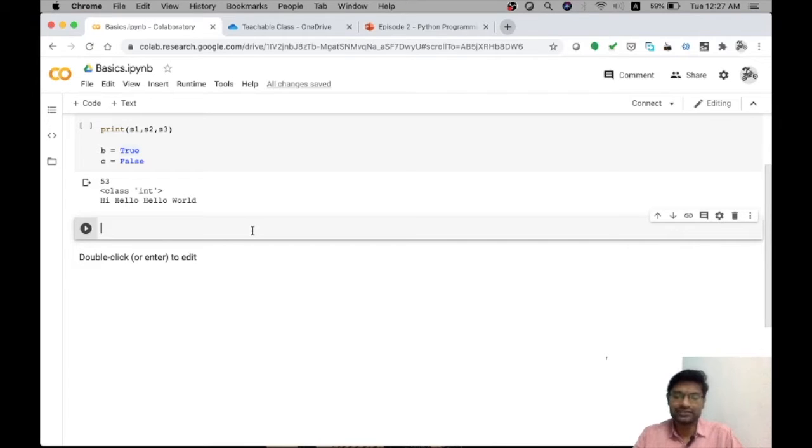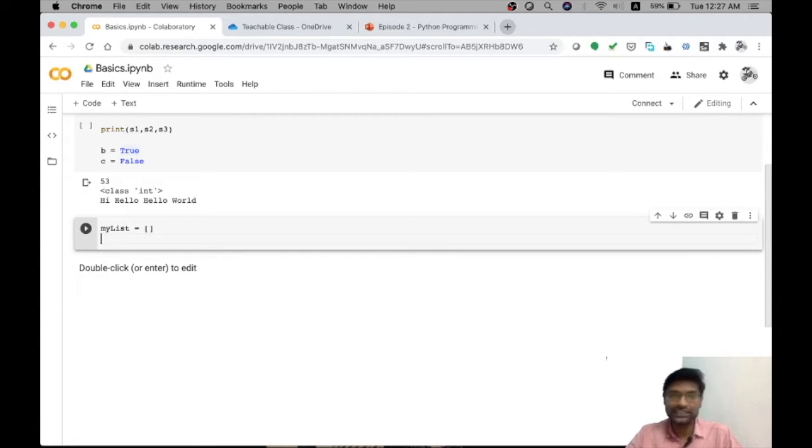To create any list, I need to create a variable to store the list. So I can give a name called myList equals to open and close square brackets. So this will create an empty list first of all. If I want to have some initial values in the list, then I can add my values into the list. For example, say I'm just adding 4 different values, I can just add my values into the square brackets.